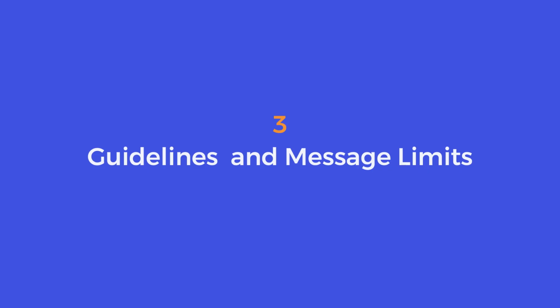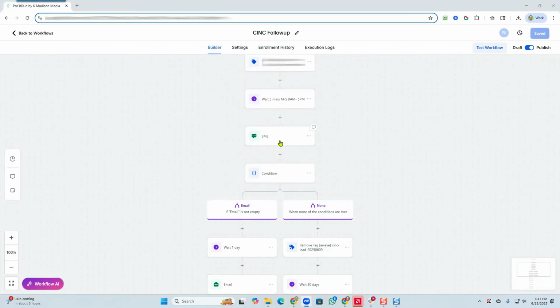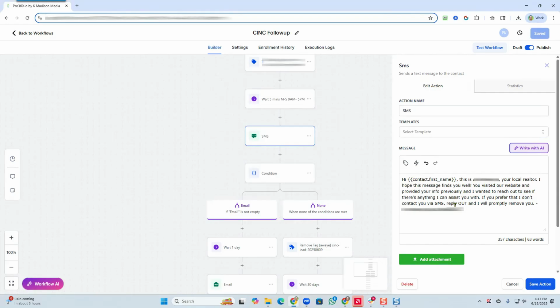Okay. All right, so a couple of things that we need to make sure of, especially if you are dealing with leads, people that have never contacted you. What we usually like to do, and this is something you have to contact us about, if you're running campaigns that are most likely of leads that you've never contacted before, or it's been a while since you've contacted them, what we like to do is, if you look at this first initial email and text message that's going out, we usually like to put in here 'reply out and I will probably remove you.' And the reason we put that is because